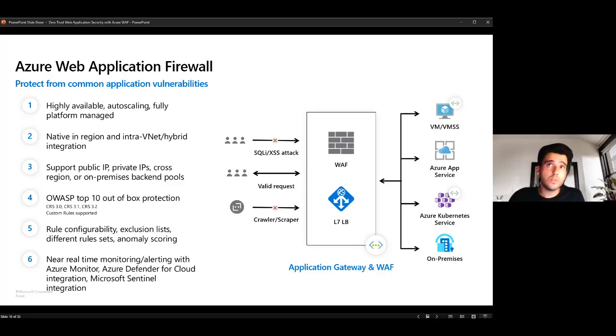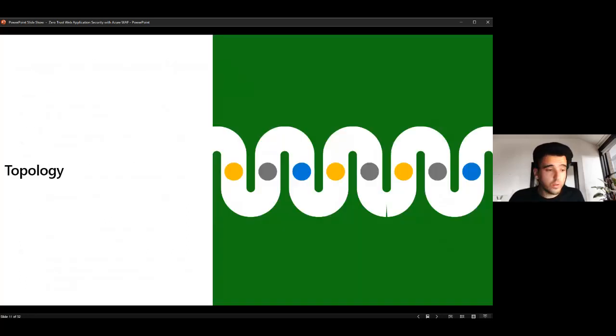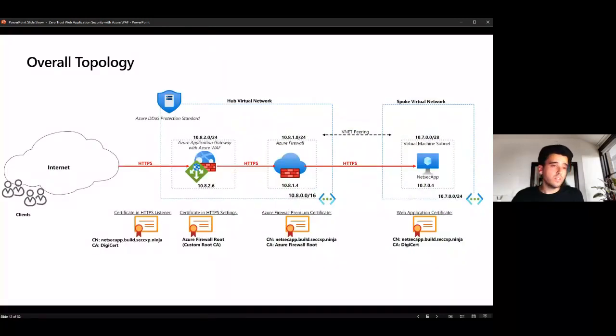Now, the three services that I've mentioned, we will be using them all together to have the full network security and zero trust concept. And I will go over the topology and the setup that we're using in this case. So in our case, as you can see, for this specific session, we will have first the